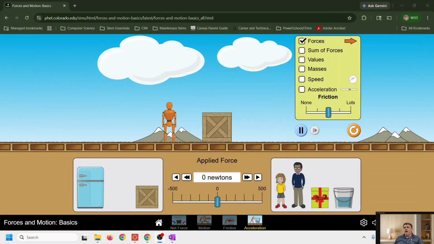Let's go ahead and talk about Newton's first law of motion. Let me switch screens here. Now, I've got a PhET simulator up here. I'm going to go ahead and use this to describe what